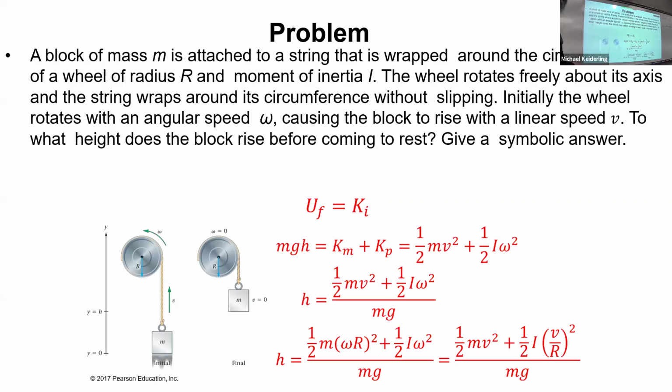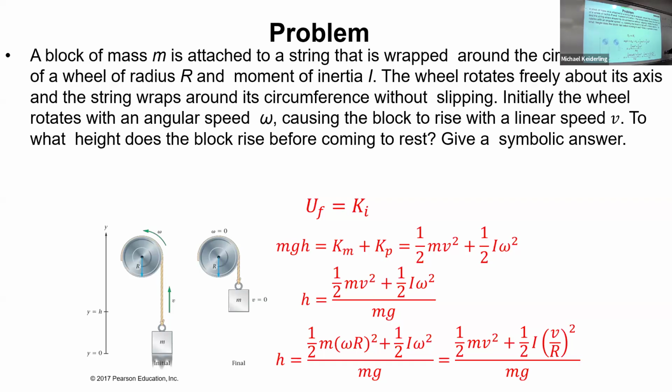So there's two ways we can write this out. We can write it in terms of omega or in terms of v. So height is either 1/2 m omega r squared plus 1/2 I omega squared over mg, or 1/2 mv squared plus 1/2 I (v over r) quantity squared, over mg, which, if we do it in terms of v,